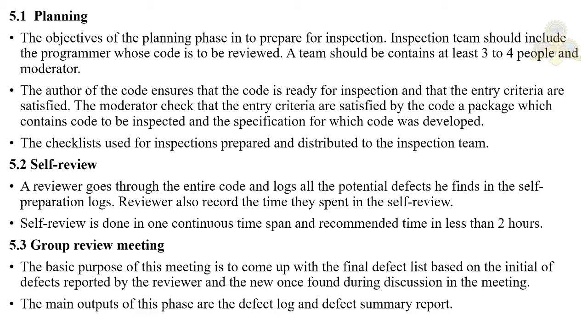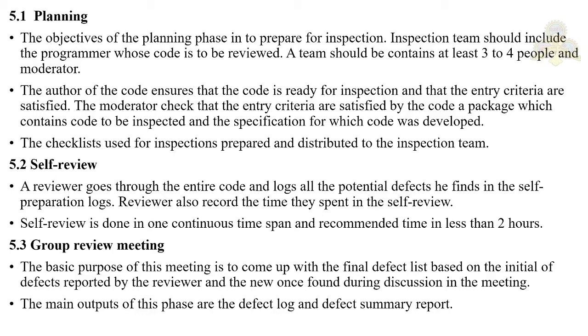Now a checklist is used for inspections, as we had said, right? This checklist may be prepared at that moment, or if they already have the checklist ready, they can use that as well. The aim of the code inspection here is to improve the quality, in addition to finding coding defects. The type of defects the code inspection should focus on is the content in the checklist, and it is to be provided to your inspectors.